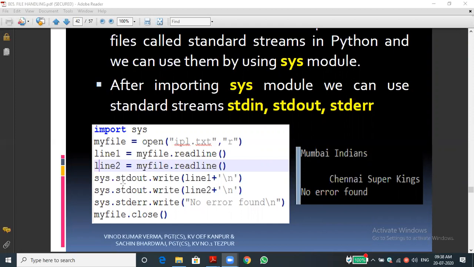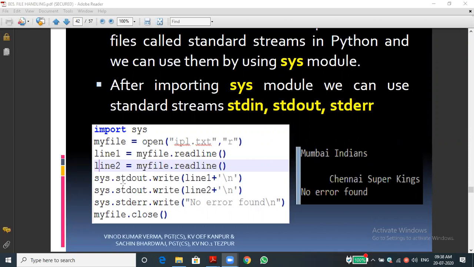To get input from the user, what is the default function we use? To get the input, we are using the input function. Did you understand the concept?